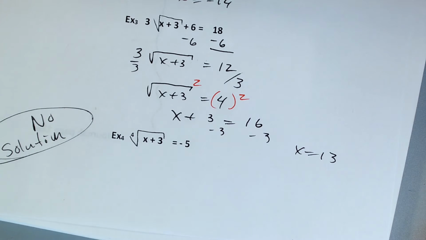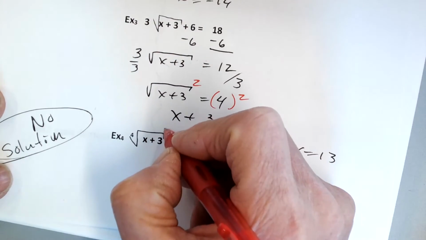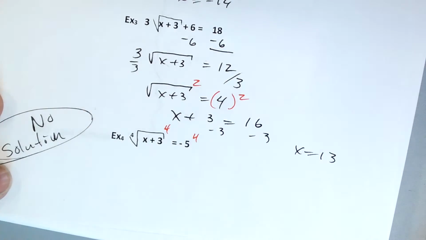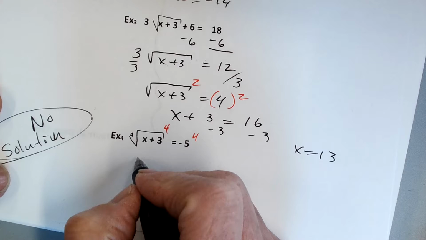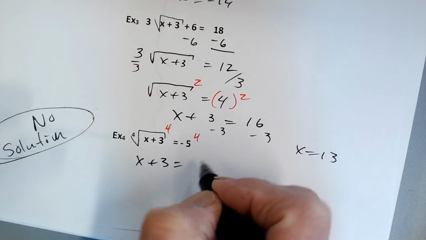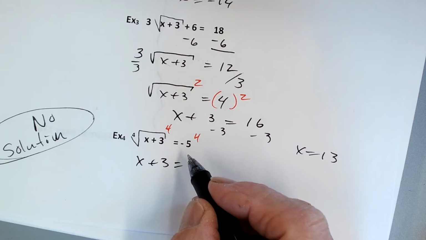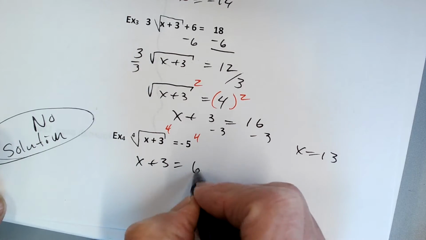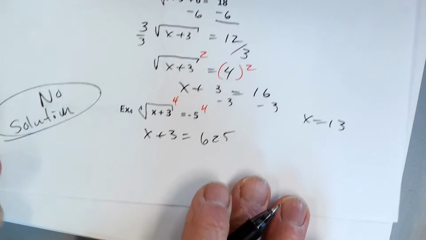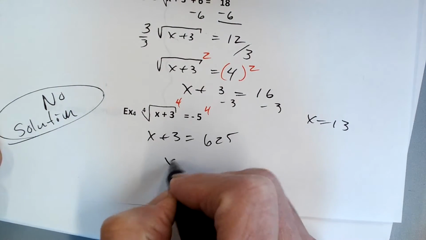But let me solve it anyway. Let's just say I don't know any better. So, Mr. Davies, like, okay, all right, whatever. Just going to go through this. Raise both sides to the 4th power, and I get x plus 3 equals negative 5 times negative 5 times negative 5 times negative 5, which is a positive 625. Minus 3,